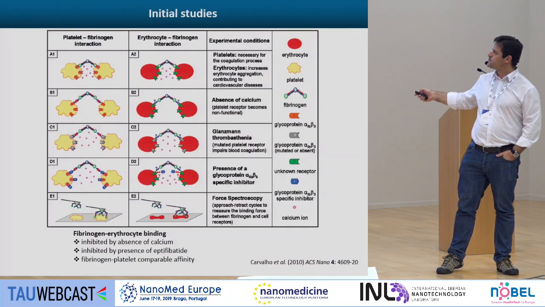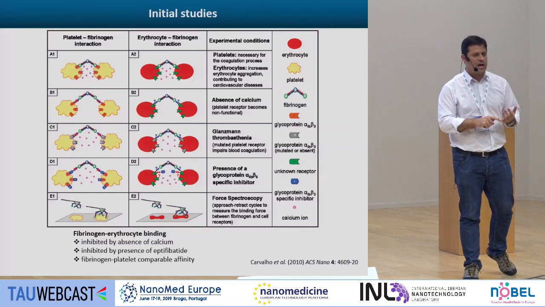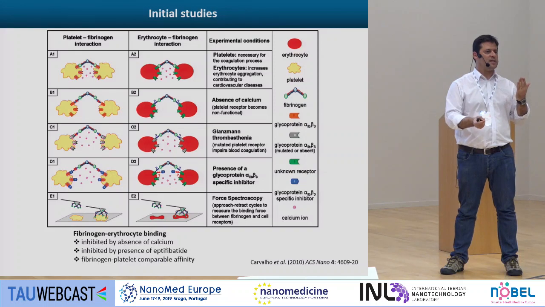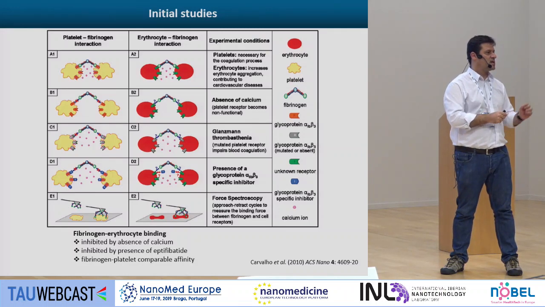So with this, we could, by measuring the interaction in the presence and absence of calcium, that is essential for the integrin receptors to work, doing the measurements with specific inhibitors from the different receptors, and doing measurements with samples from patients with Glanzmann thrombasthenia, that is a rare hereditary disease in which the receptor in platelets is